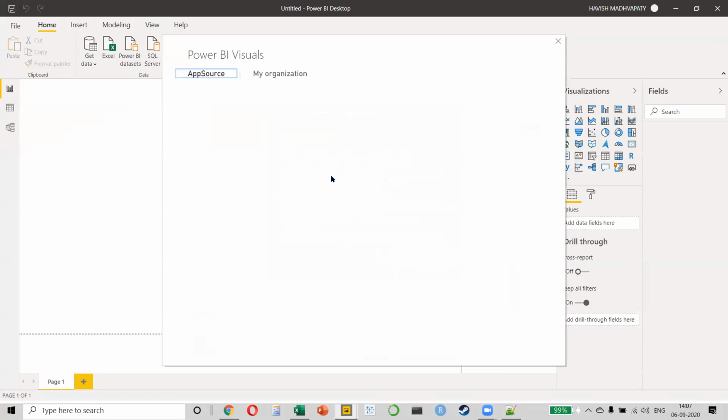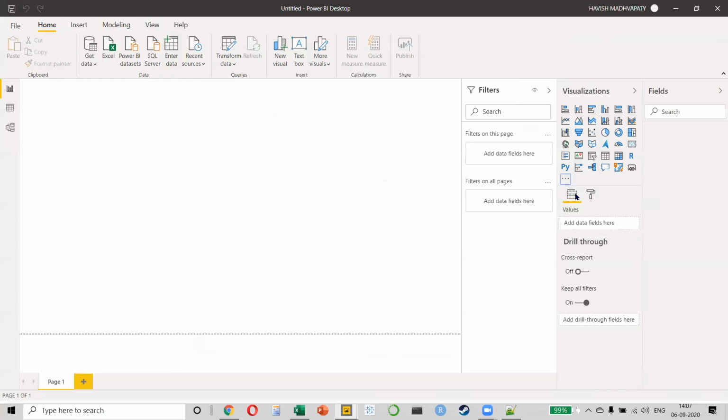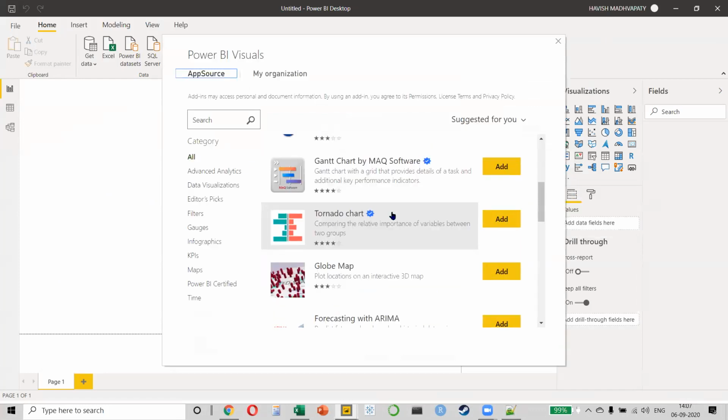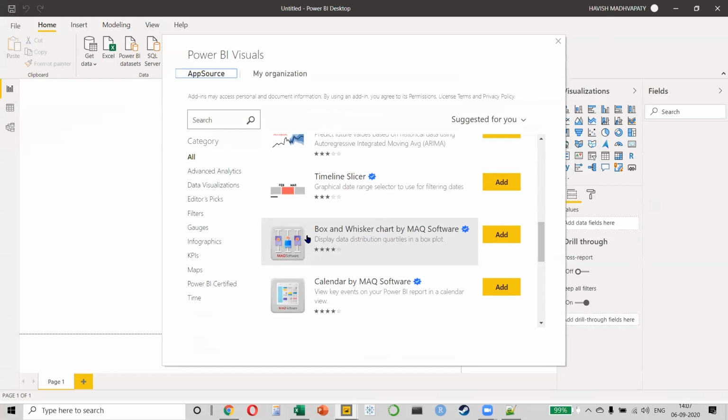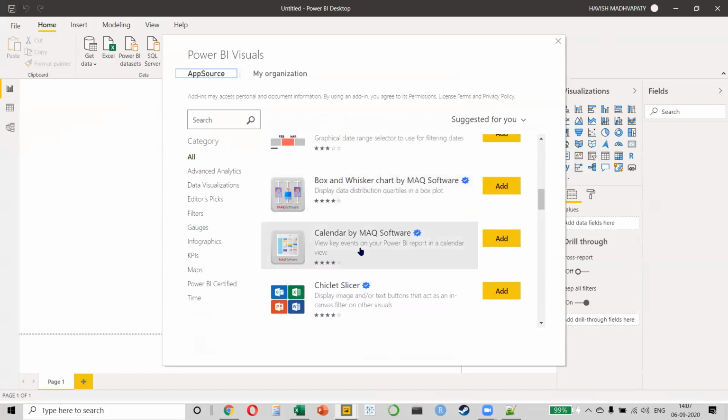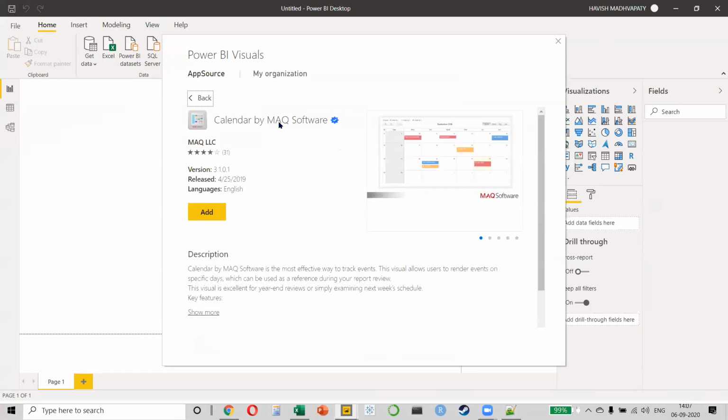Right. So another problem that I have faced, and everybody faces this problem, is that with all these custom visualizations that are there, sometimes they don't interact with the inbuilt visuals. I hope that makes sense. Like if you look at this one, this has been created by a company called Mac Software, right? Now the problem is that it will work very well, but when I try to connect it to one of my current inbuilt visualizations, it might not work very well.